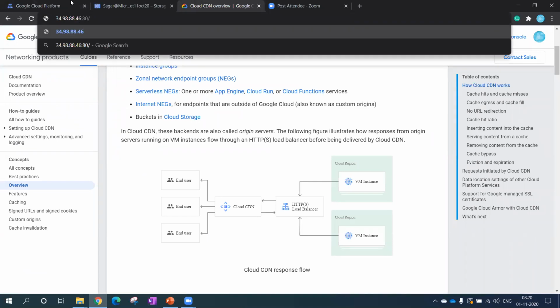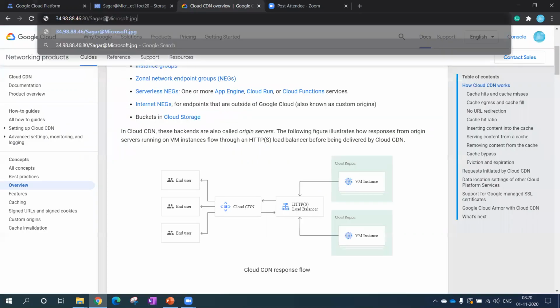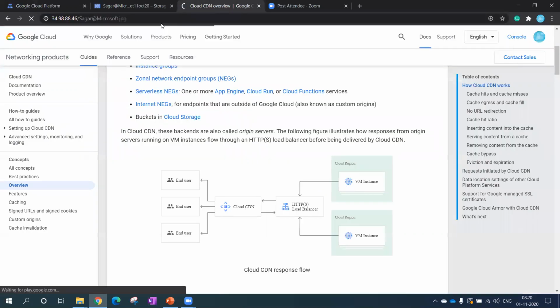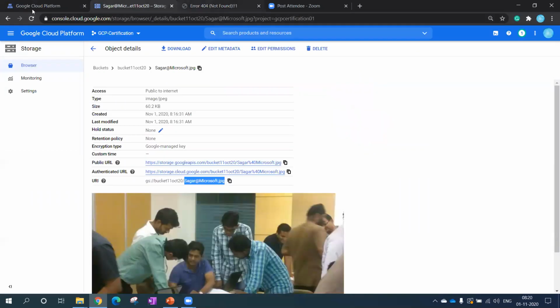What is the name of my image? This is the name of my image. Let me take this image name. It is getting generated, so it will take some time. Give us more time.